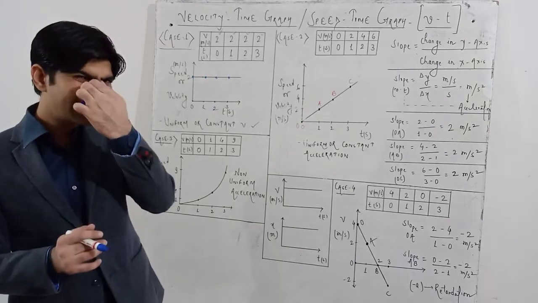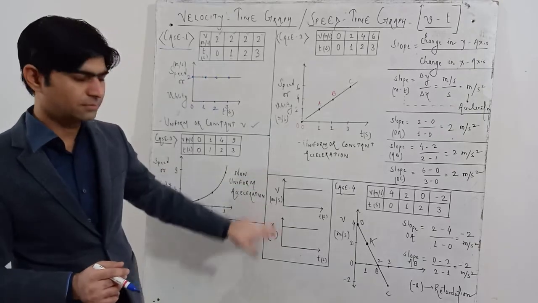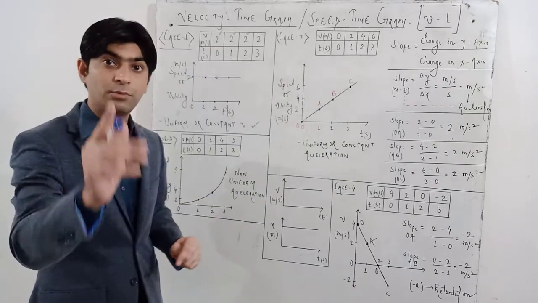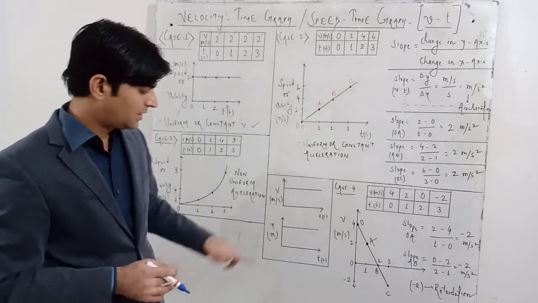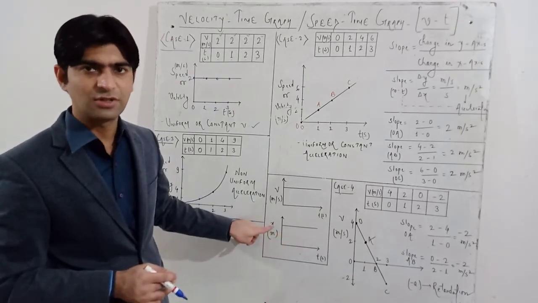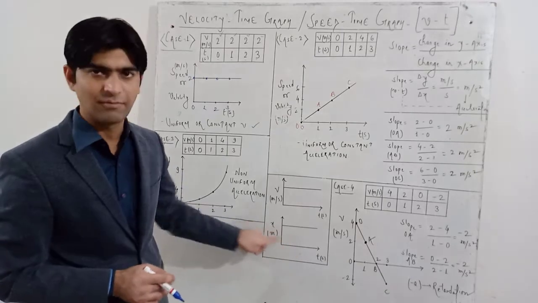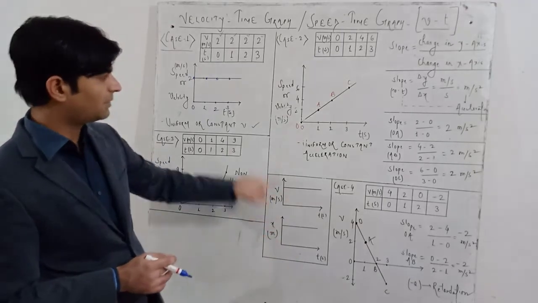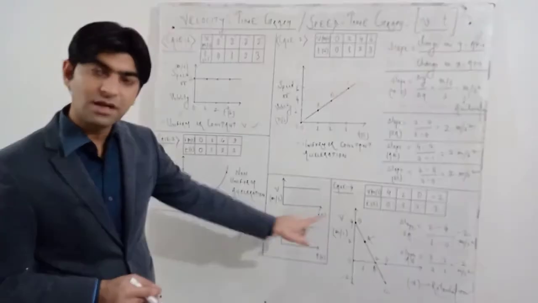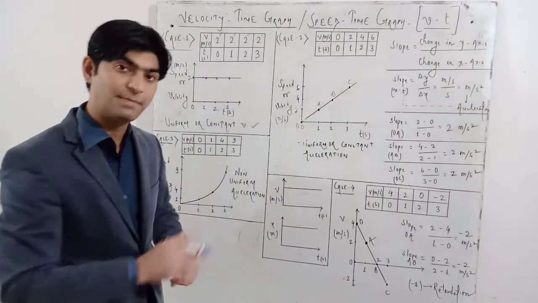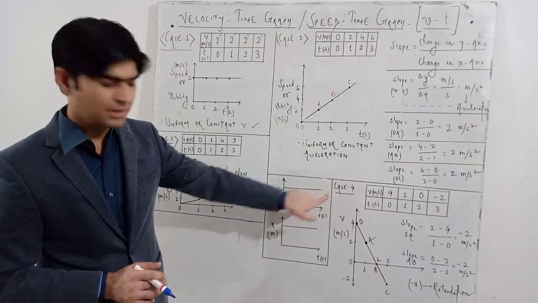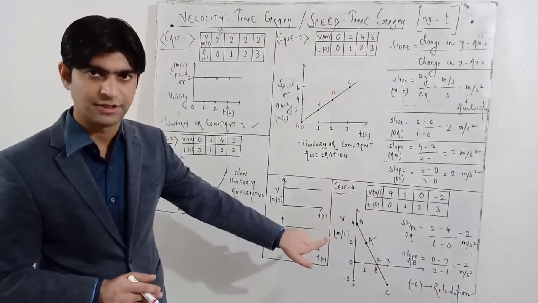Now the students get confused in these two graphs. In the last class we had the same nature of graph, but that was a position time graph. Here I have drawn an xt graph. Xt, that means x stands for distance or displacement. That means this is a position time graph and this is a velocity time graph that we discussed here. If you see both of these graphs, the nature of the graph is the same. Both the graphs are parallel to the time axis. But in the first one the velocity is not changing, and in the second one the position is not changing.